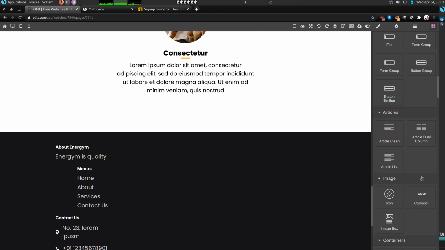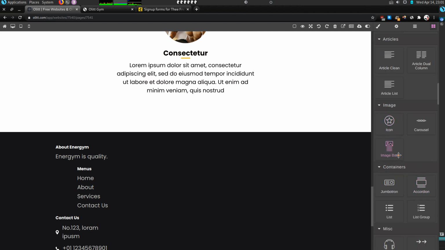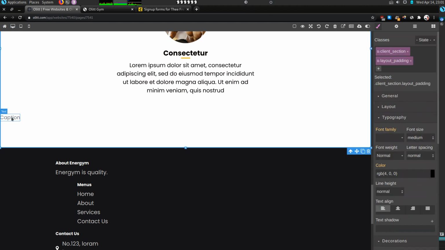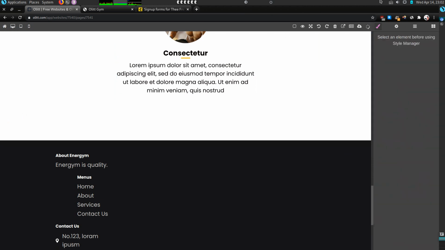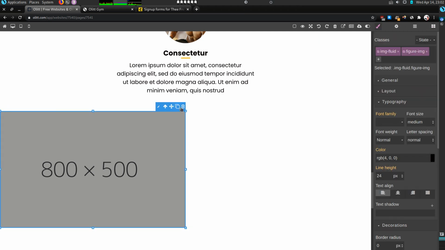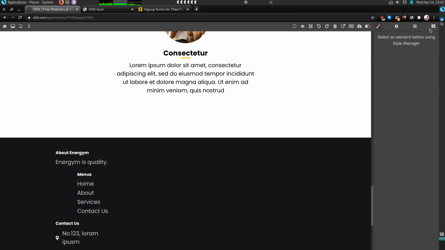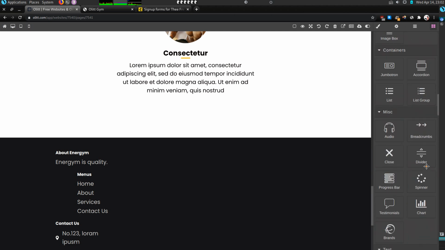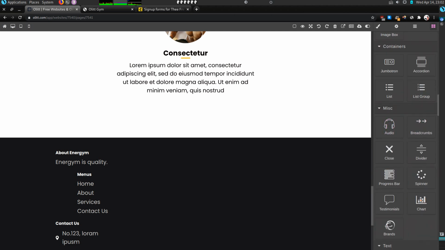Articles, if you have an article. Image, for image box, let's add it there. No, this is not the one. Okay, I may cancel that. I think I'll look into that in the next video. But things like music, spinner,